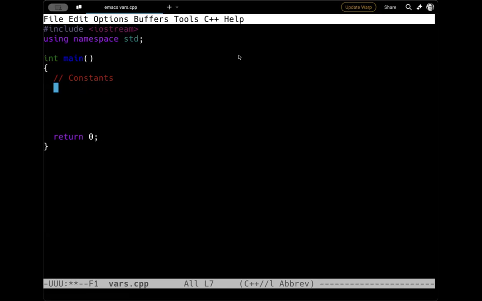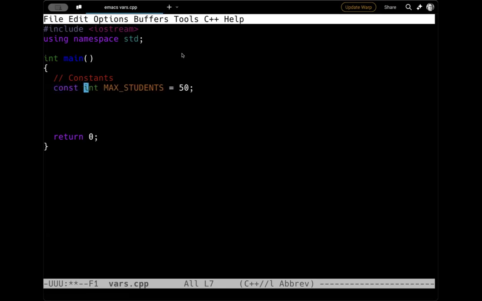So, for example, if I'm writing a program where I want to keep the maximum number of students to be 50, I would normally do an int max students equal 50. That's a normal declaration, but I'm going to add the keyword const, lowercase const first.